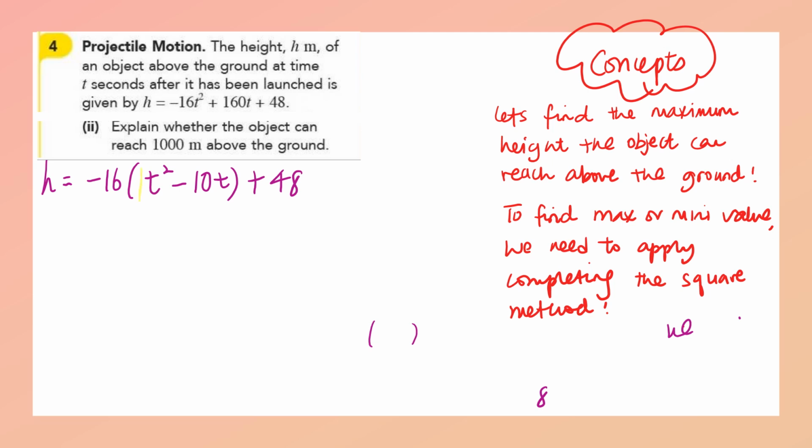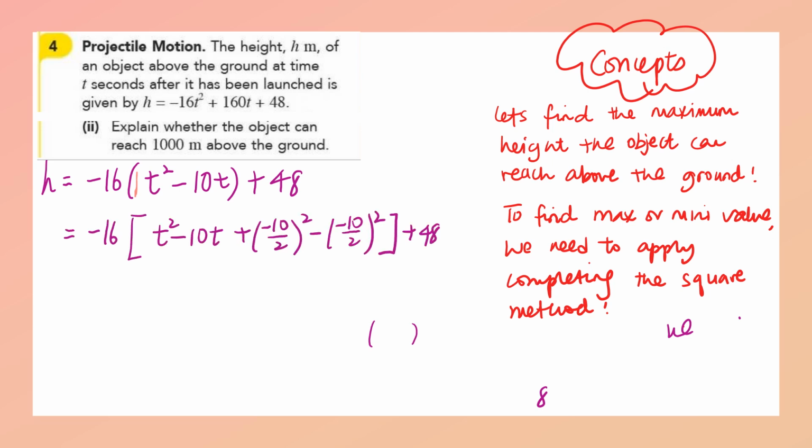So in this case here, we need to factorize -16. If you have forgotten how to do completing the square, just refer to the earlier video. We take the coefficient of t, which is -10, divide by 2, bracket it, square it, you add, and then you minus. Then the next step is